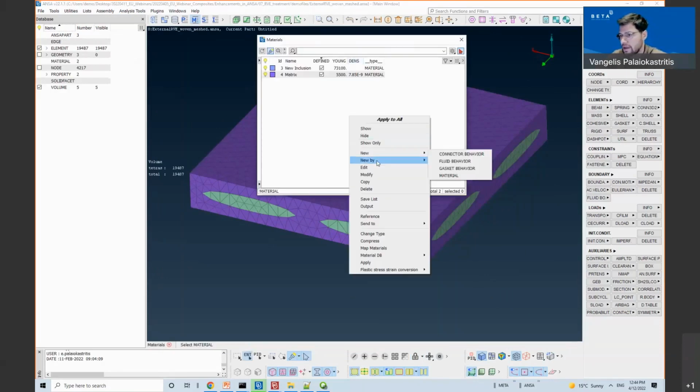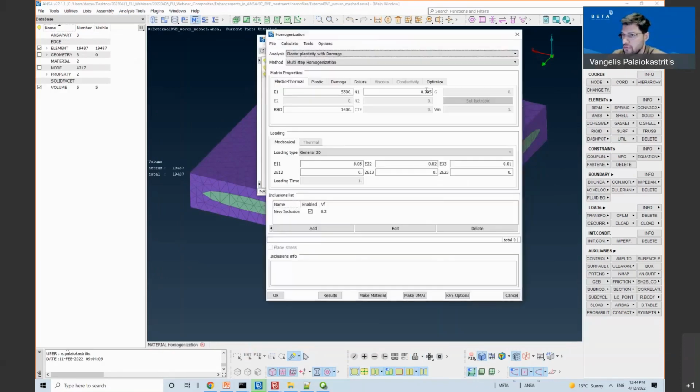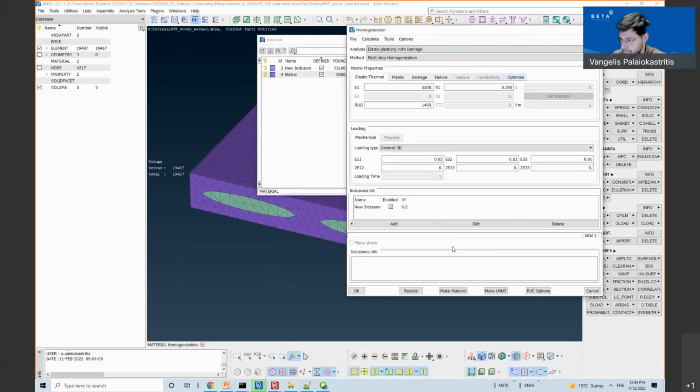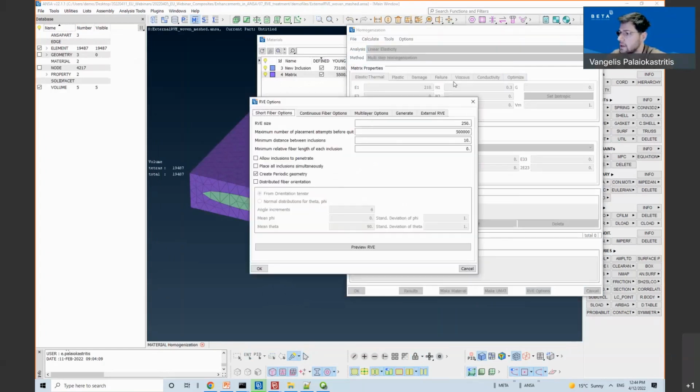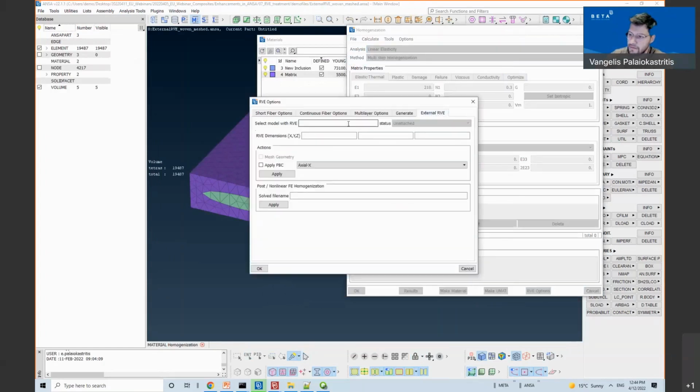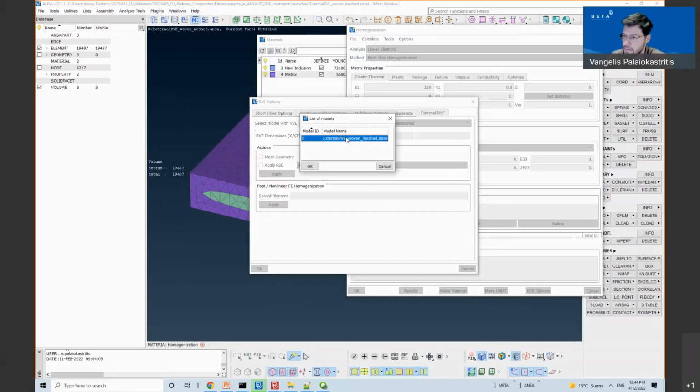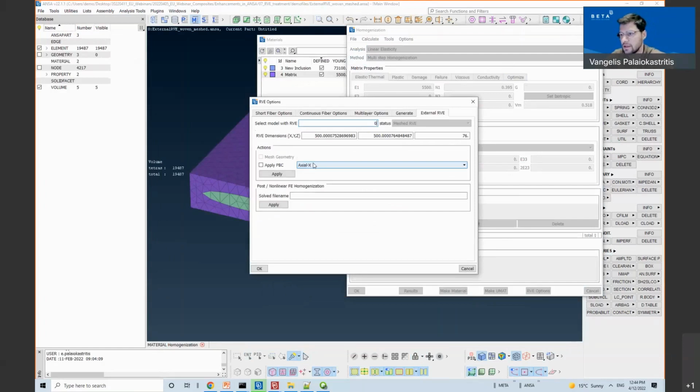I can open the homogenization tool. Let me clear this. Okay. Go to the external RV tab, hit the question mark, and attach this to the homogenization tool.